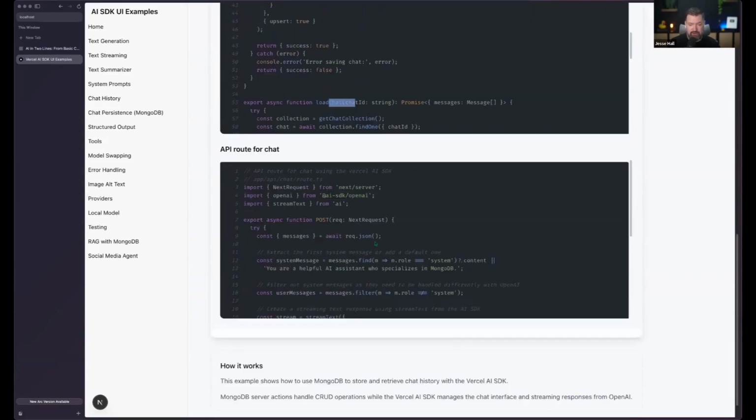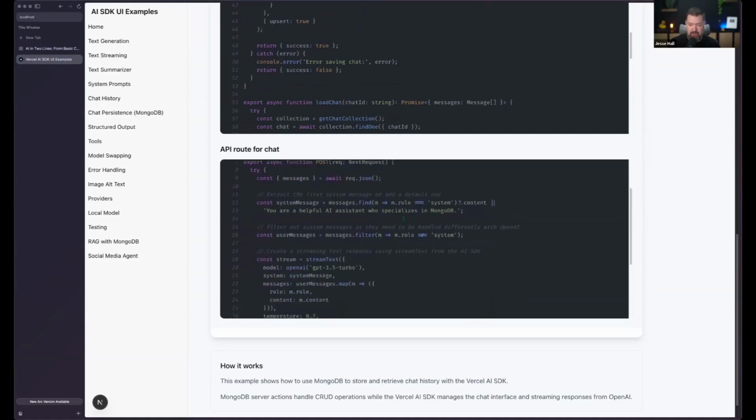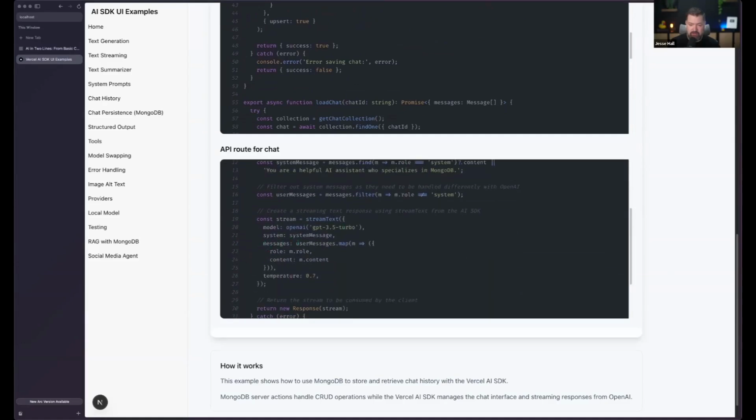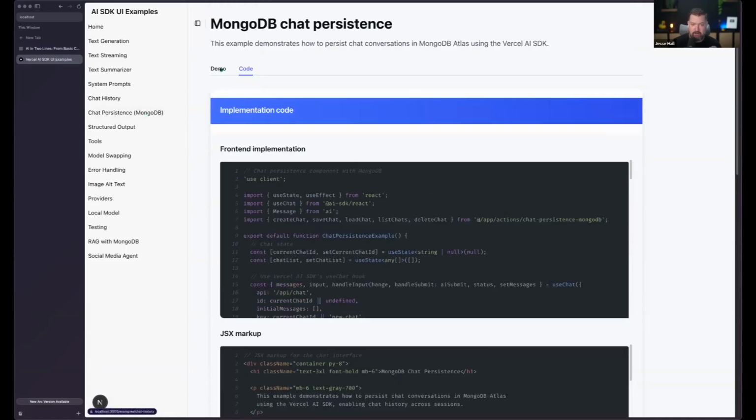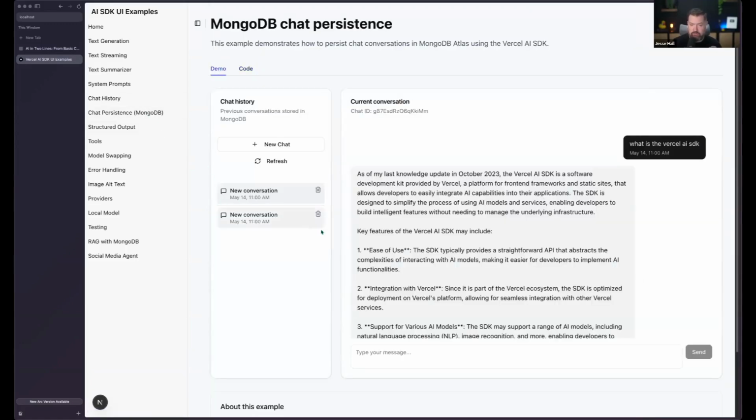And then the API endpoint is very simple, actually. We're using stream text, and then we are just grabbing all of these messages, the system message and the regular messages, etc., from whatever the front end sends it. So this allows us to now persist our memory. Refreshing the page is not going to affect anything. We can also, if we go back into the demo, you see that we refresh the page.